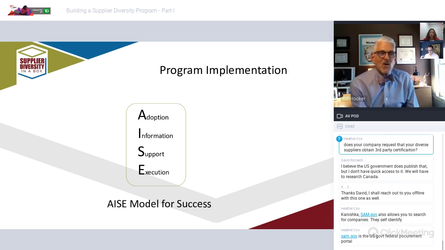It's what I call the ACE model. We have 4 distinct areas that we work on. Adoption, which is getting your support, figuring out how to get your support, and then building on that support. Your information, data, website, change management plans, vendor fairs, outreach. We're going to look at how we get that information, bring it together to be a really very interesting